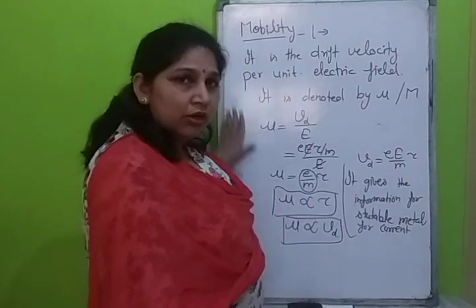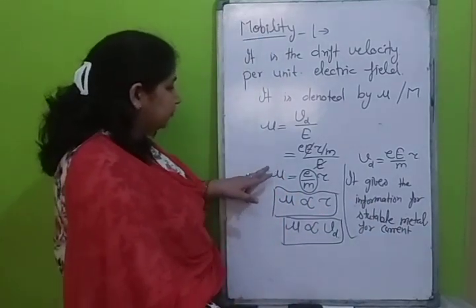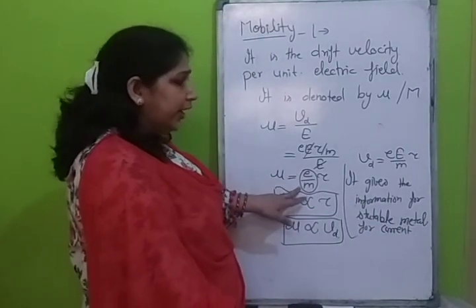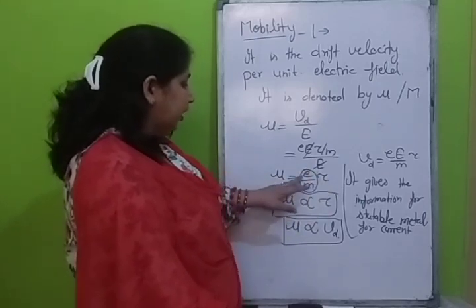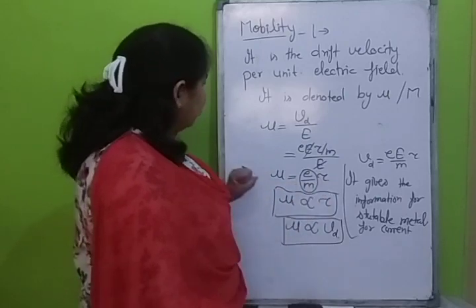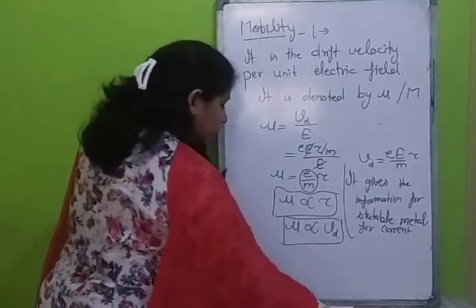Got it? This is the mobility, and the formula is mobility mu is equal to e upon m into tau, where e upon m remains constant for all the substance. Next topic we will do